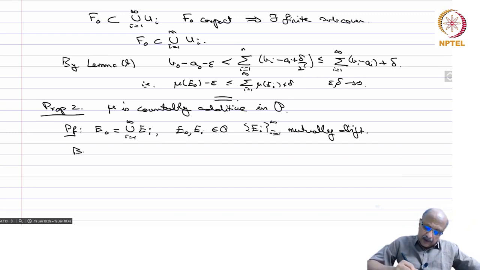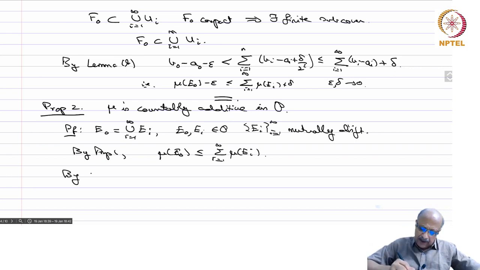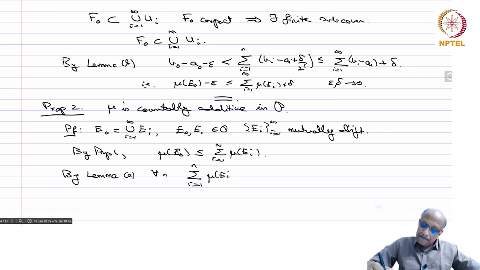So by proposition 1, we have mu of E naught is less than or equal to sigma mu of Ei, i equals 1 to infinity. By lemma A, for every n, we have sigma i equals 1 to n of mu of Ei is less than or equal to mu of E naught,